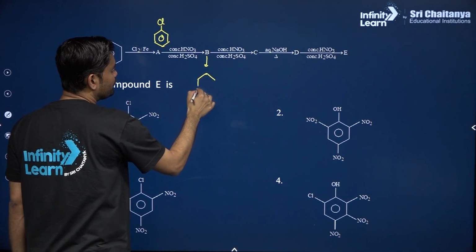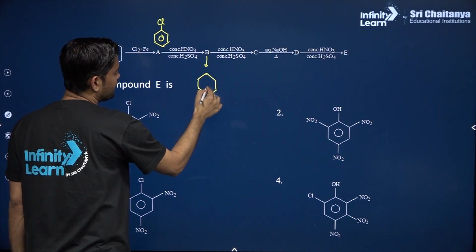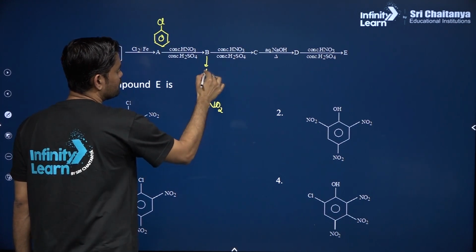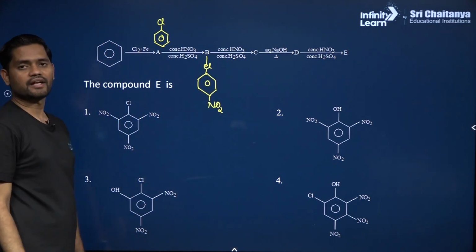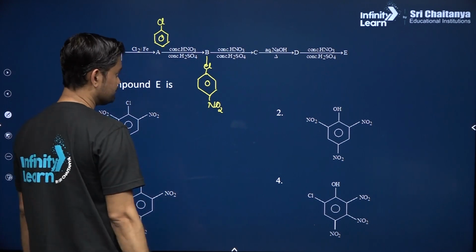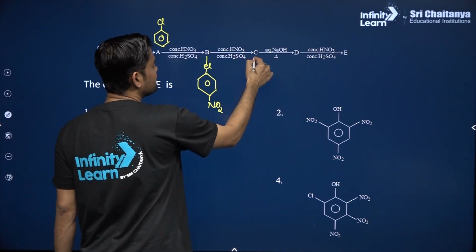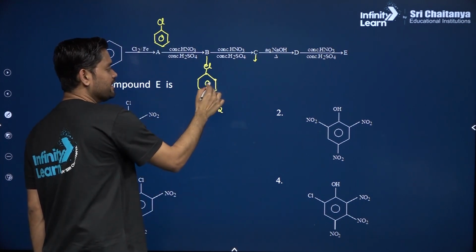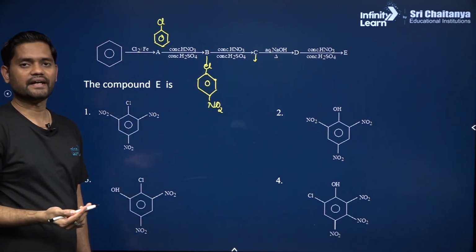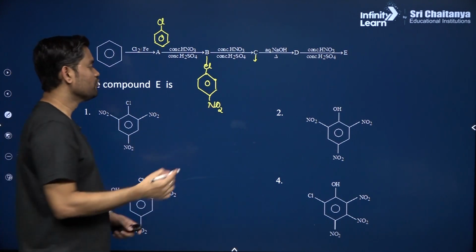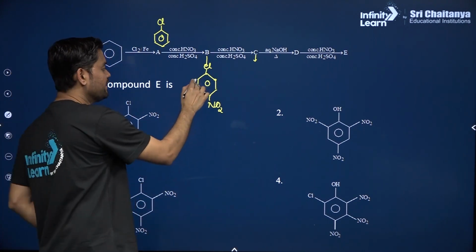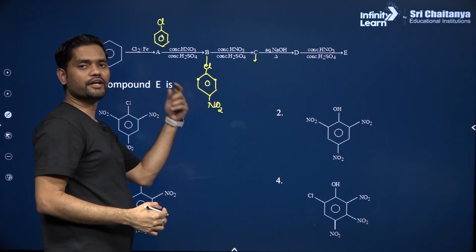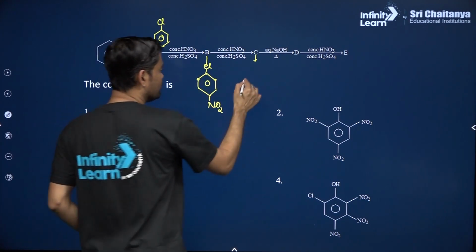Okay, since chlorine is ortho and para directing, you will get para-chloronitrobenzene. Then again it is treated with nitrating mixture. Now NO2 is meta directing, whereas chlorine is ortho and para directing. Para is already occupied, so the option that is left is what? According to chloro it is ortho, but according to nitro it is what? Meta. So you will get